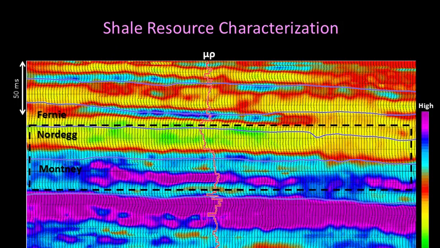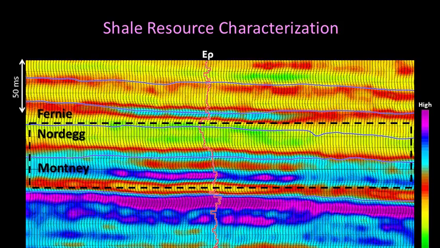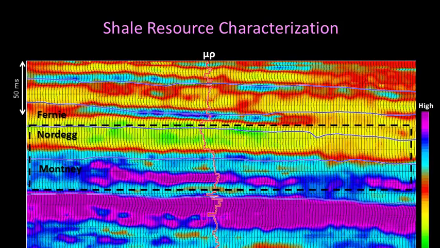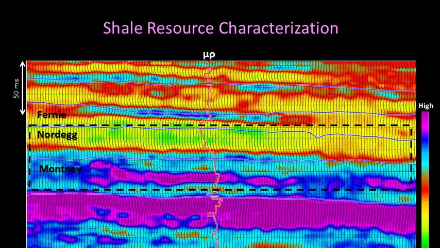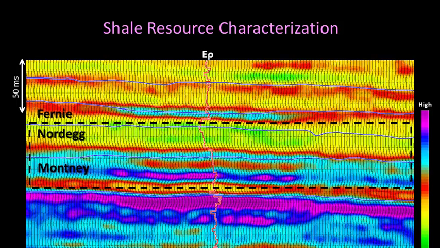So here is your first look at the Mu-rho section, and this is the Montney zone that I show here. Above this is the Nordegg and the Fernie, and the comparison of this with the equivalent E-rho section is this. Notice how compact the zone looks here as compared with this one. The interpretation that you carry out on the E-rho is going to be more accurate than the interpretation that you carry out with just the mu. And that will become clear as I go along. I show you some applications.